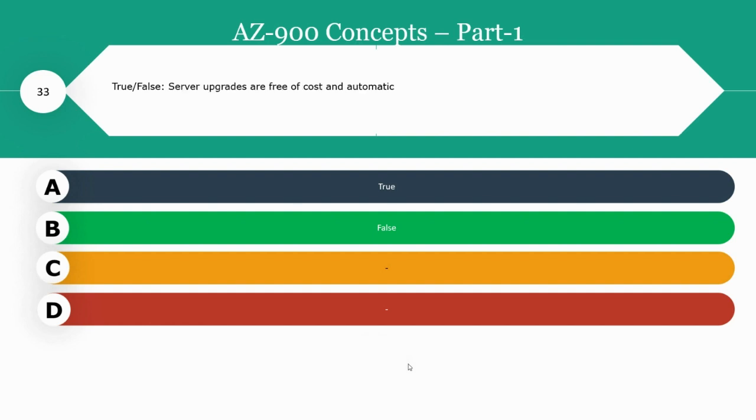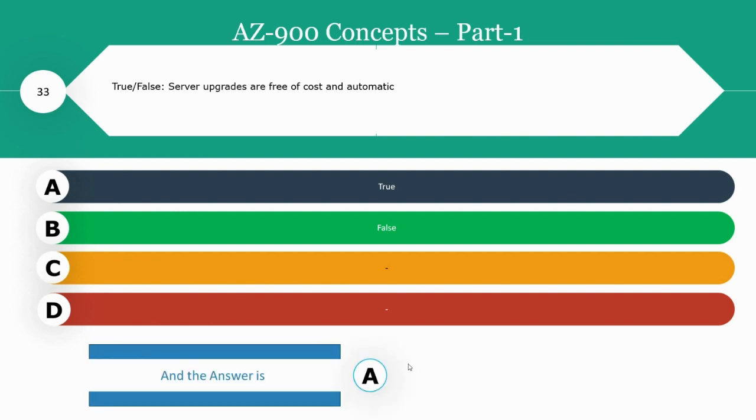True or false? Server upgrades are free of cost and automatic. Option A true, option B false. The right answer is option A. Server upgrades are free of cost and automatic, which includes hardware and software upgrades, including software patches which are required